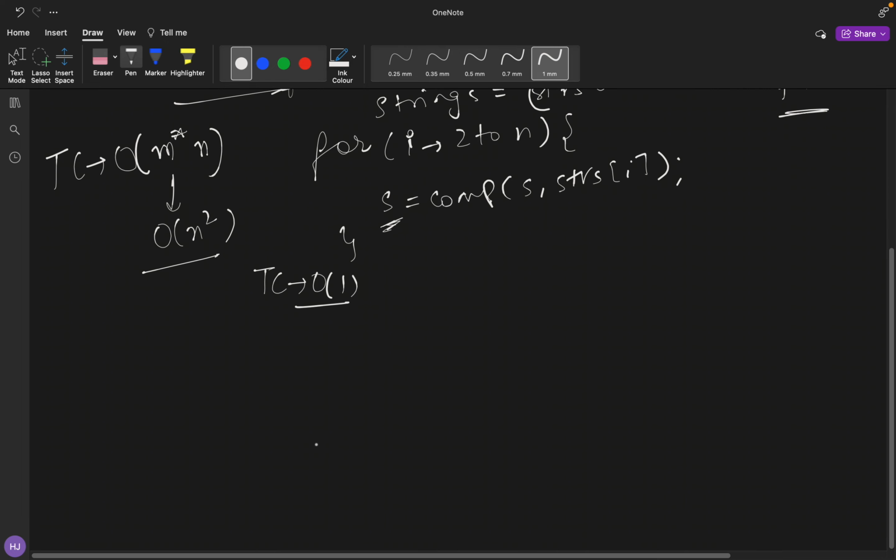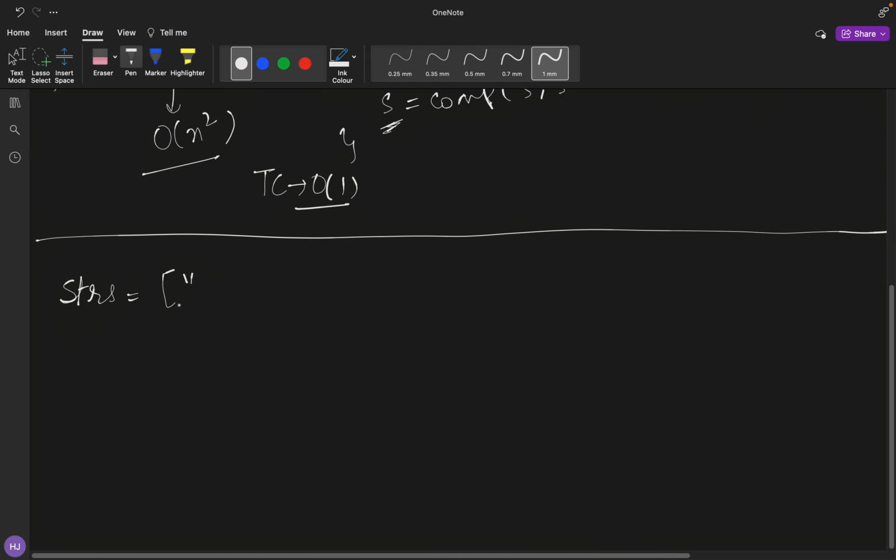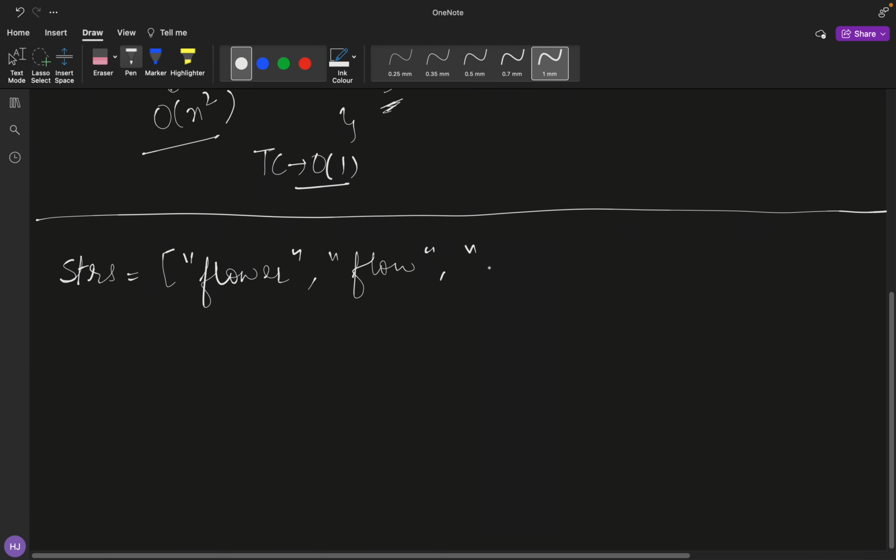So moving further towards the optimal solution, let me just copy my array strs, which I'm already having: flower, flow, and at last flight, and then flaw. Let's add one more word to it, flawless. So I think comparing,